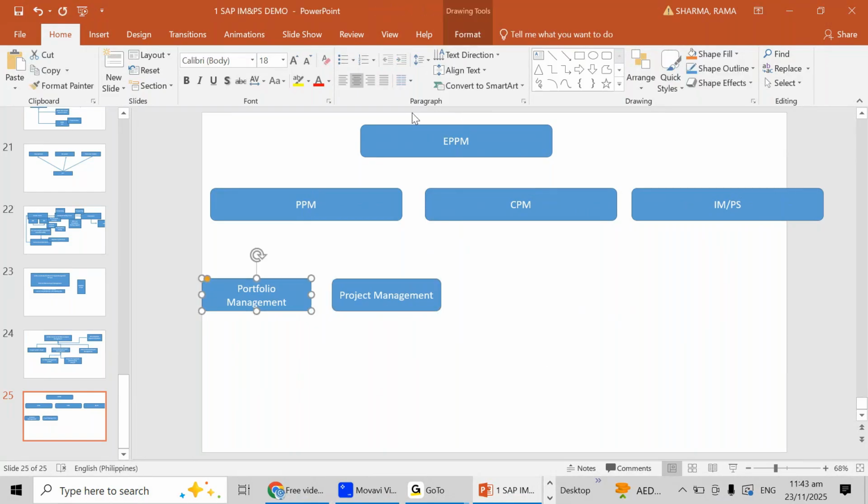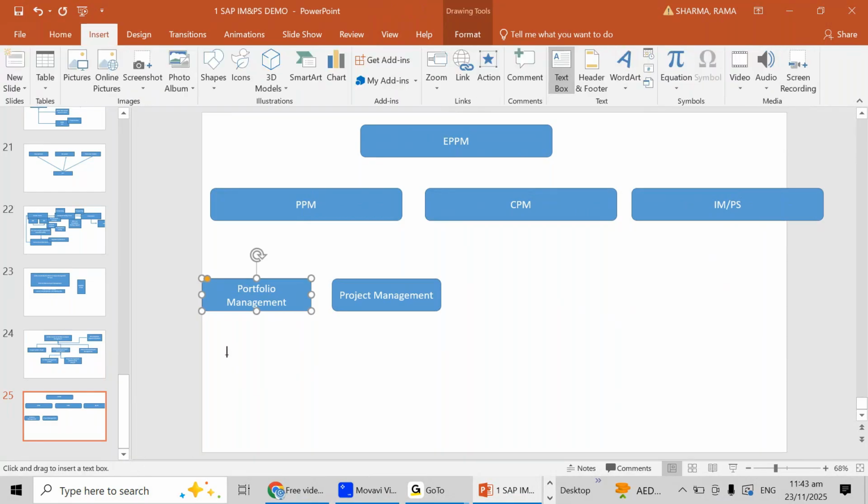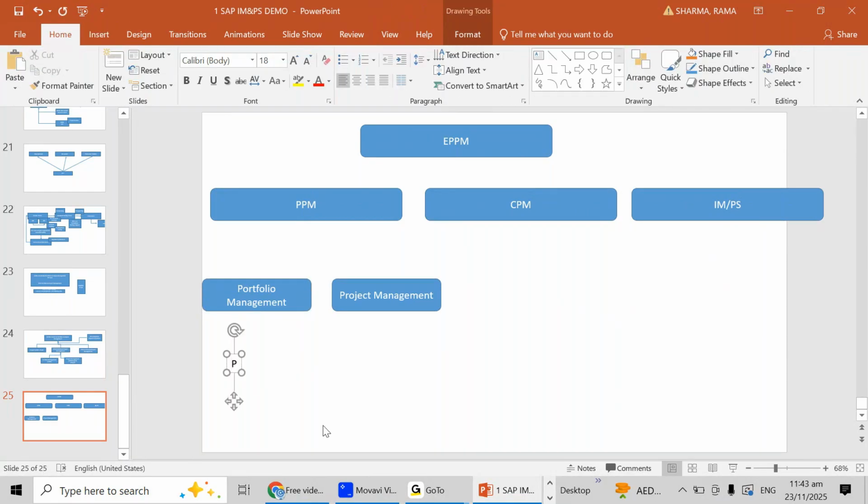Portfolio management, what objects are there? Let us see that. Here in portfolio management, we are having portfolio definition, which is basically the umbrella of the entire portfolio. Under the portfolio definition, we are having buckets, initiatives, items, and financial planning